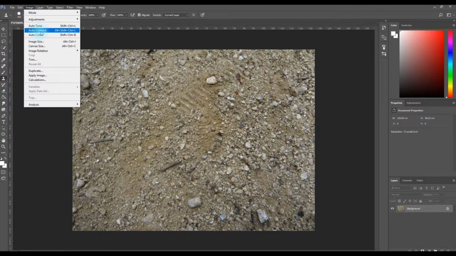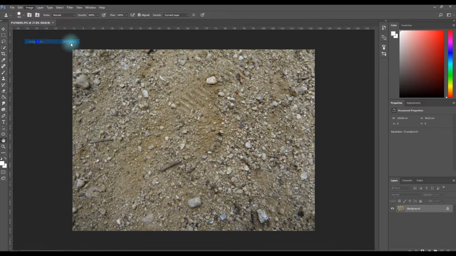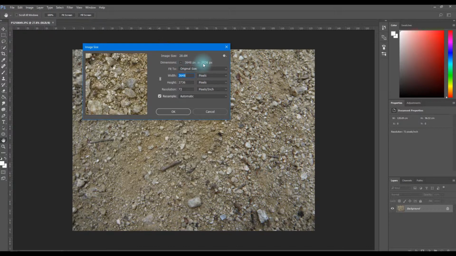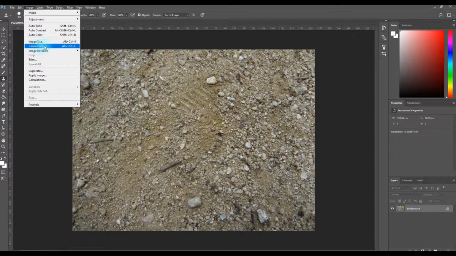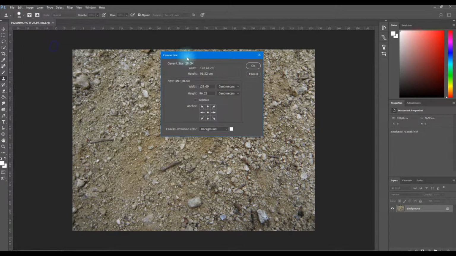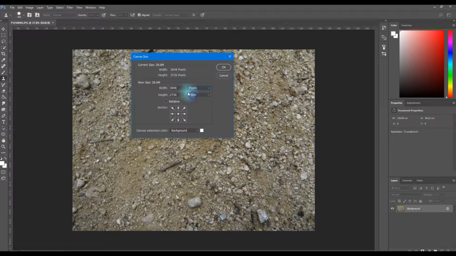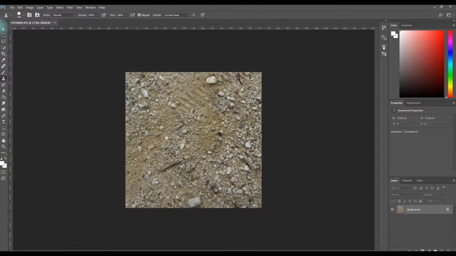I'm starting by checking out the size of the image, so we can see the dimensions here. So probably I should go with 2K resolution. To do that, we can adjust the canvas size. So we can go to the pixels, and I want to use 2048 by 2048. So just proceed,